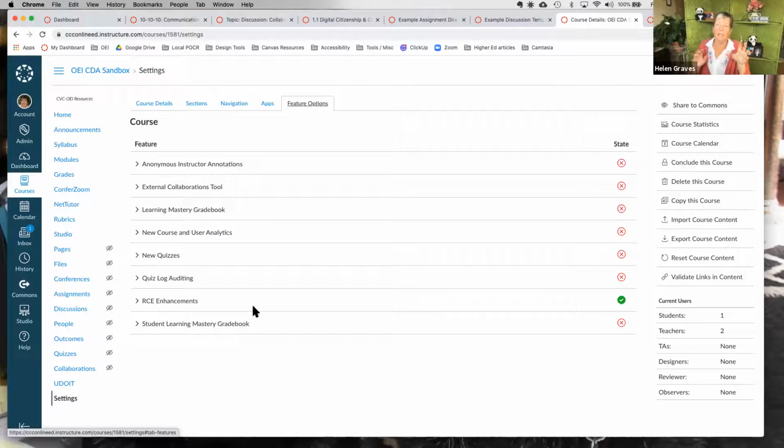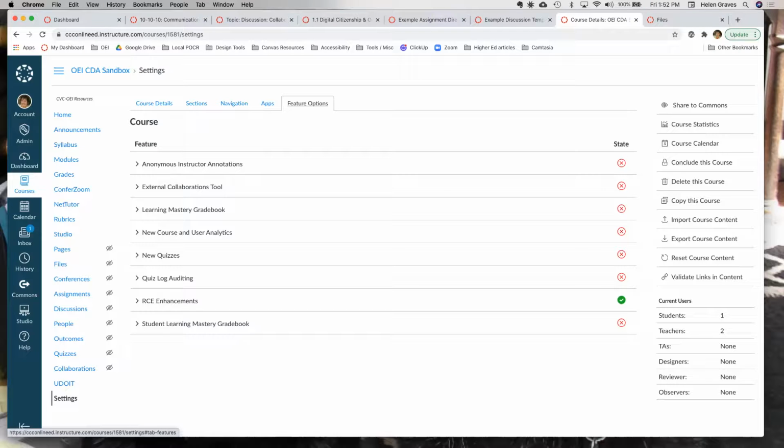Yes, it's kind of like going from a PC to a Mac in that it's very different. All of the functionality is still there, but things are in different places. And there's actually new functionality in some cases. So you have the ability to do more than you could before, and it's really good. So it's worth spending a little time to get used to it. And as Chloe said, pretty soon it's going to be the default and Canvas won't even have the old one anymore and you'll have to swap over.